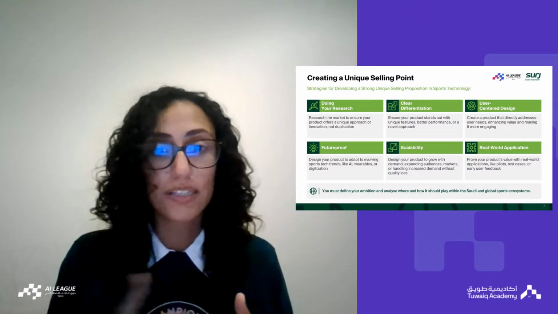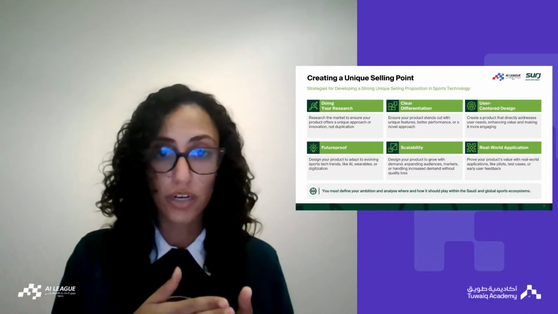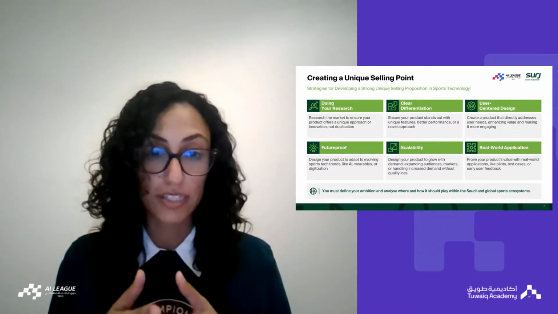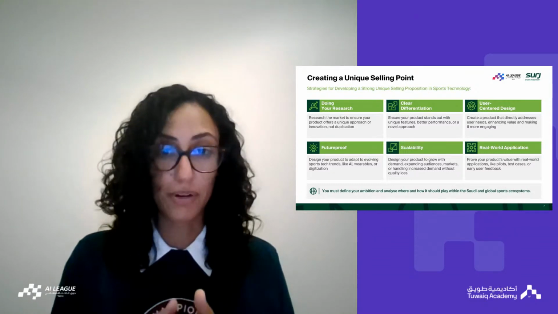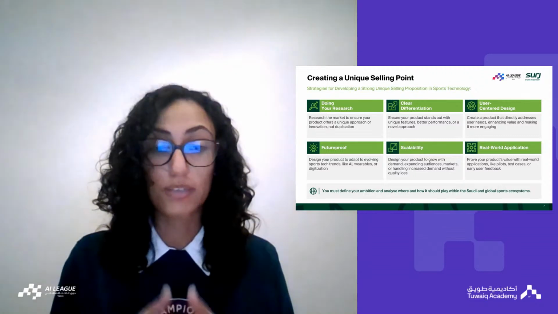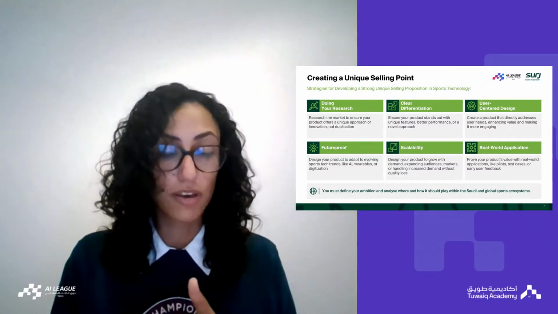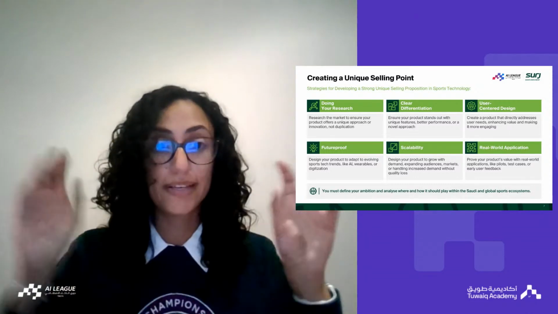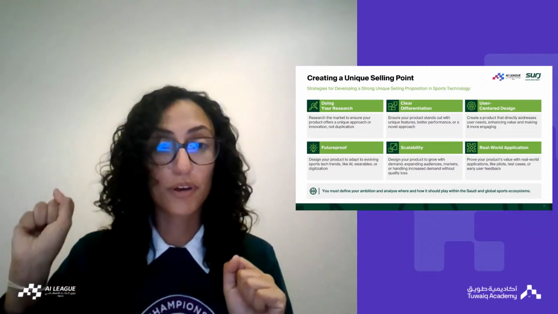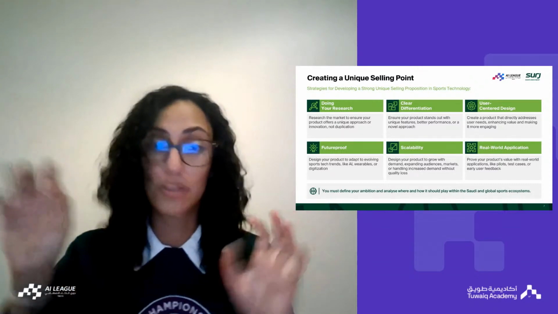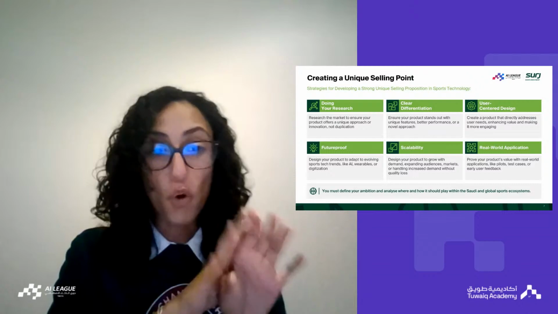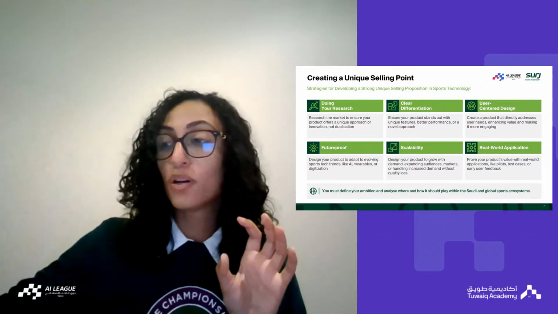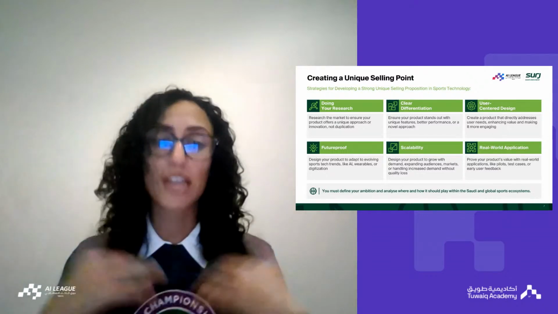So that kind of seeps into the clear differentiation, making sure that from a feature set and from a capability set, your product stands out, but also from a marketing perspective. And this is really, really important because in the beginning, how you sell yourself will make or break your product. If you're coming in and saying, oh, we do A, B, C, D, and E, and the guy before you can do A, B, C, D, but not E, you have to focus on that E and say, okay, we're fully aware that these people do all of these features and we can offer the same, which is actually great